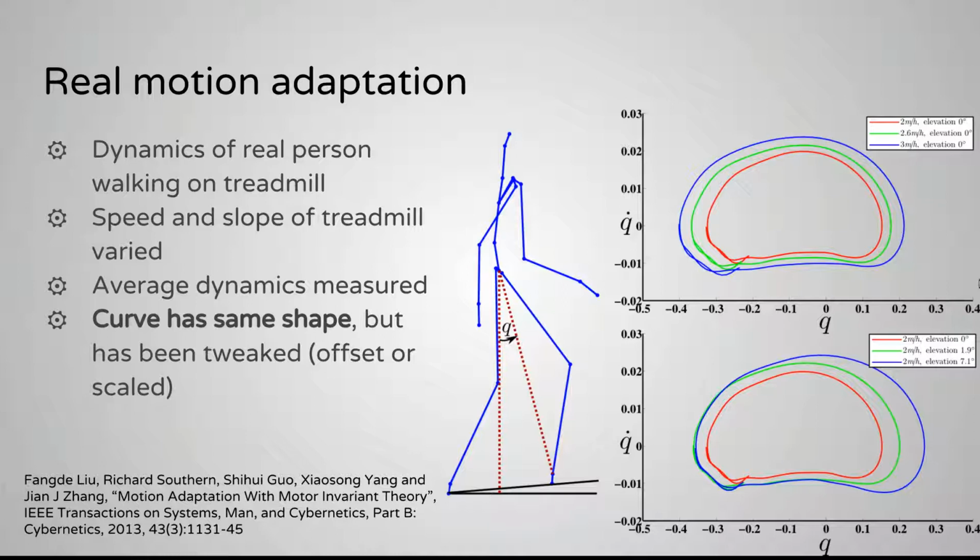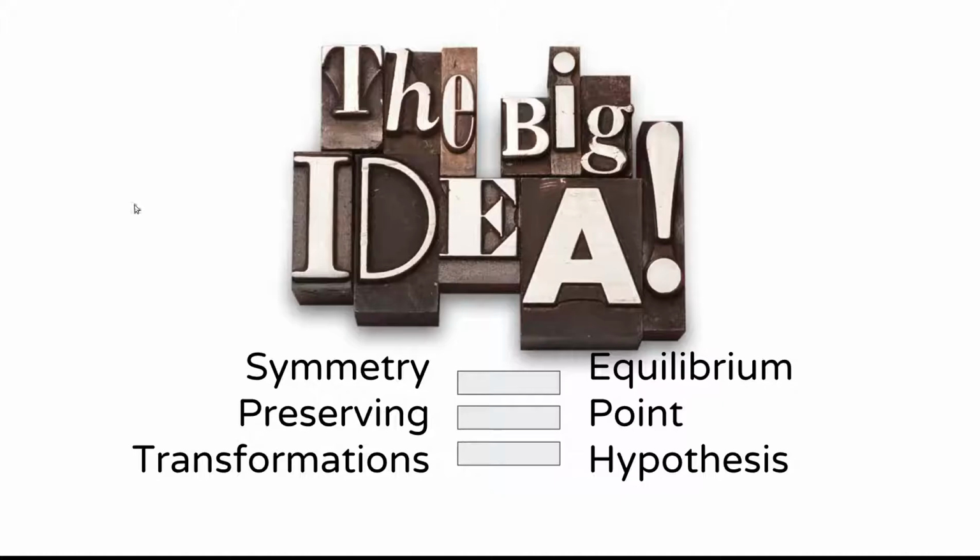Okay, so this all boils down to one big message here, which is that the symmetry preserving transformations I'm saying are equivalent to the equilibrium point hypothesis, but essentially they are realizing the equilibrium point hypothesis, or allowing us to model the equilibrium point hypothesis on synthetic models. Okay,